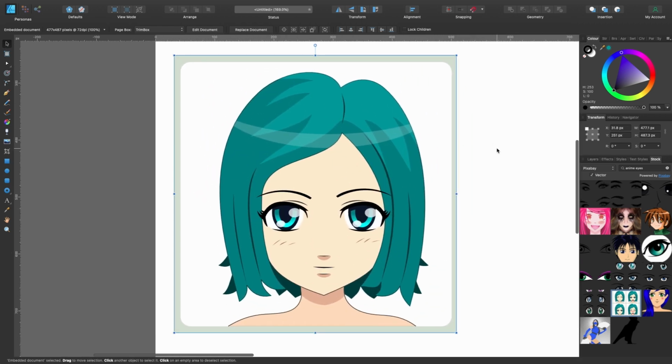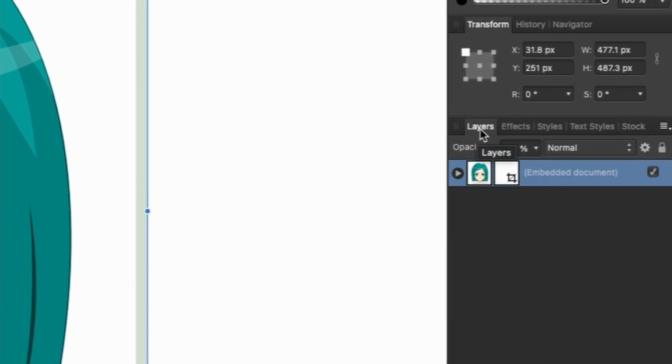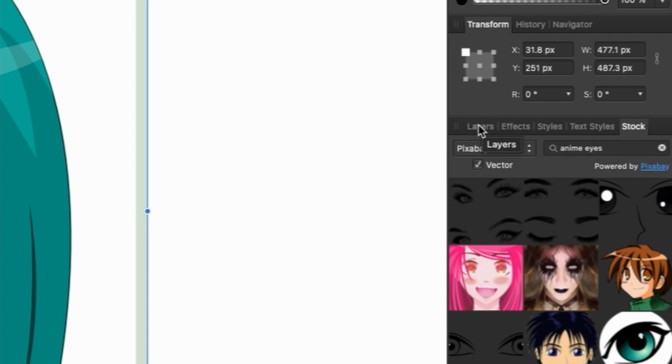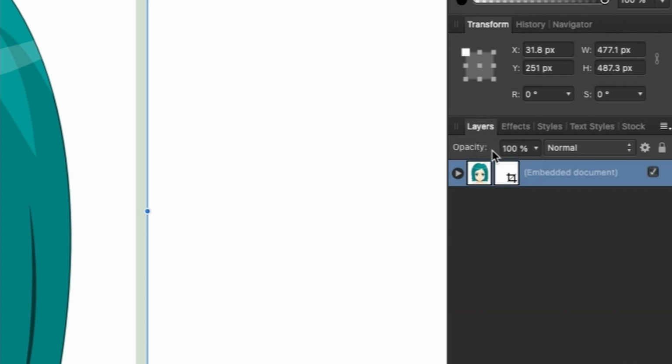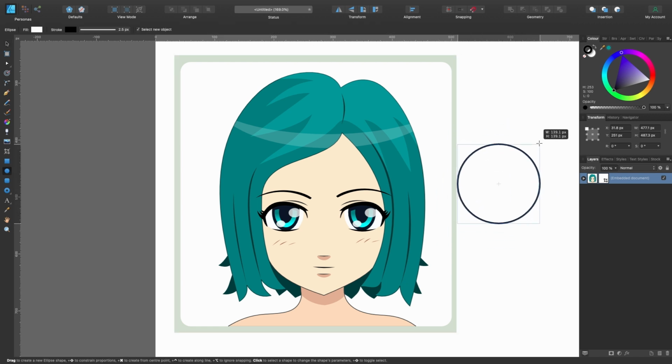So let's have a look at the image we have. So in Affinity Designer, we use vectors, and every time we create a new shape, it creates a new layer. So I'm just going to head from our stock tab to our layers tab, and you can see in layers we only have one in there, and that's our embedded document, the one we've just dragged over from the stock tab. So if I was to create another shape, there would be another layer. So I'll just go ahead and grab the ellipse tool and just drag one out like that. You see, as I've let go, there's now a new layer in there. So let me just delete that, just press delete. So every time we create a layer, it will end up there.